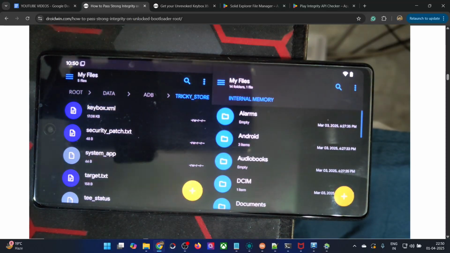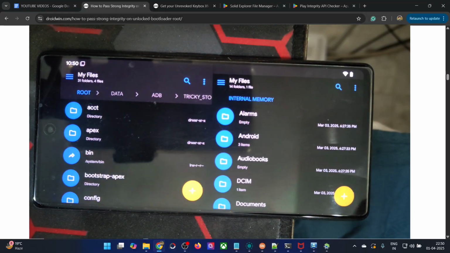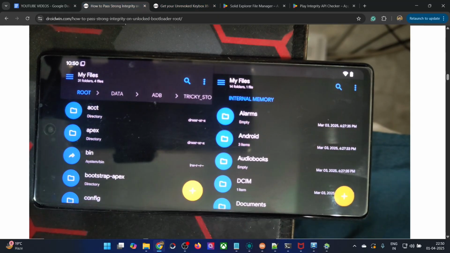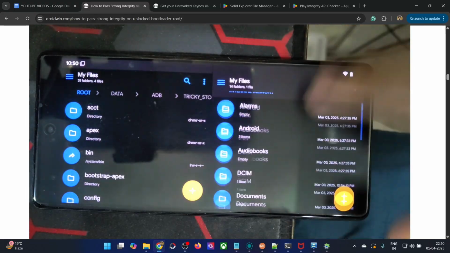So let's select internal memory. So over here is the root directory and over here is the internal memory. I could now access both the files, both the directory. So now you have to ask for the Keybox file over here and I will share the file onto your email. Once you have got the Keybox XML file, which you could see is over here in my internal memory,